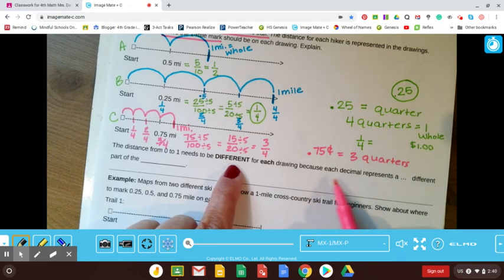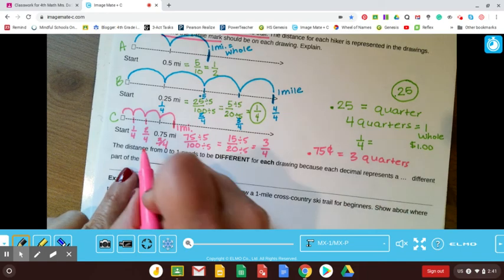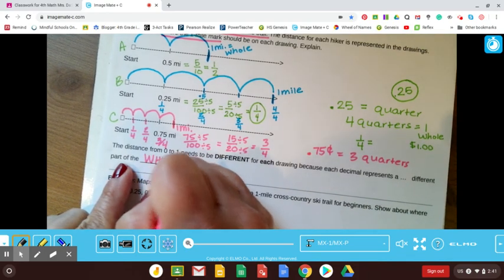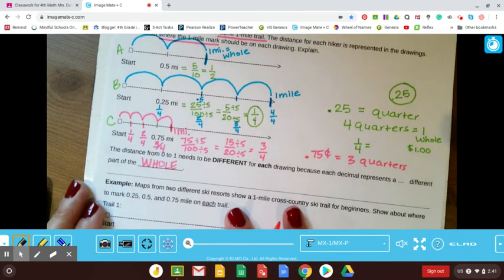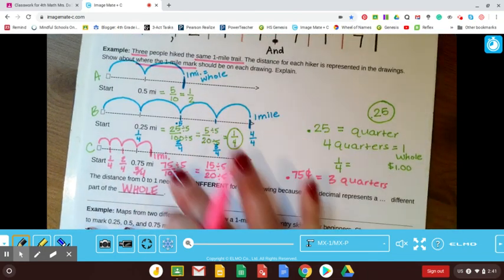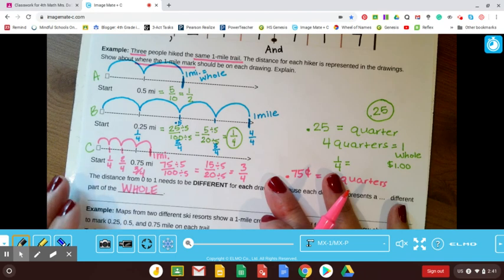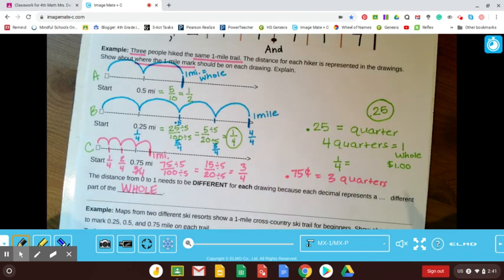Why? Well, because each decimal represents a different part of the whole. So fill in that word right there. All right. Now I want to explain to you guys why this lesson was so difficult, how it really involved understanding decimal place value. And what we did was we really began to think about the decimals and the fractions